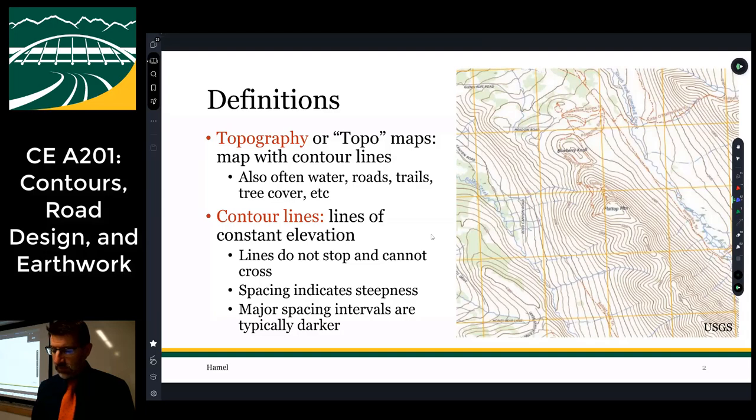Topography, of course, is the 2D expression of the 3D land surface. And the easiest way to express that, there are actually multiple ways, but the easiest way